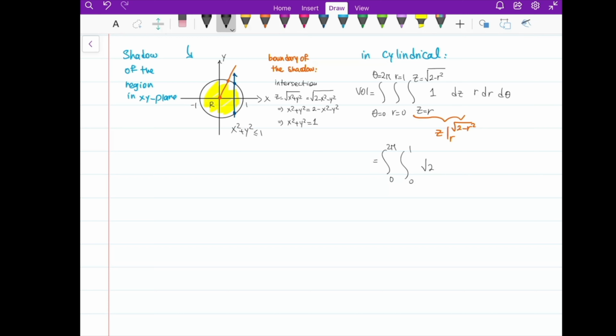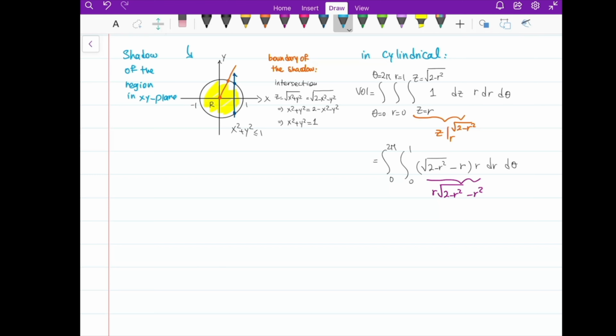I get square root of 2 minus r squared, and then minus r, and then r dr d theta. So r dr d theta, right? So I'm gonna simplify this one. I get r square root of 2 minus r squared minus r squared. Let me calculate this integral now